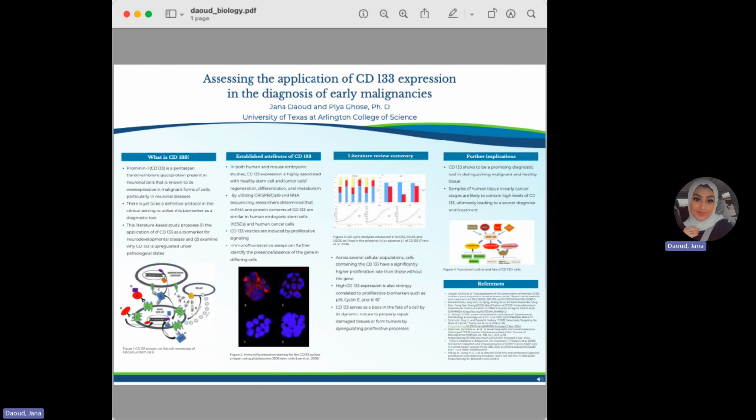And today I'll be presenting to you assessing the application of CD133 expression in the diagnosis of early malignancies. Cancer treatment is a prominent concern in the medical and research fields. Identifying genes present in malignant tissue is a common approach to thoroughly understanding how disease arises in healthy tissue and